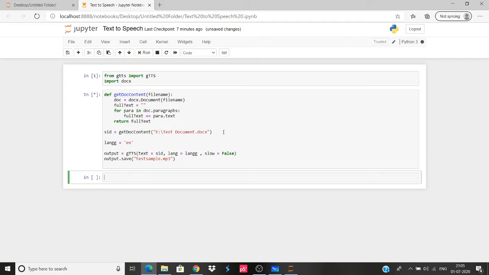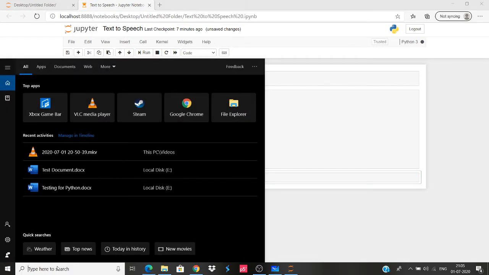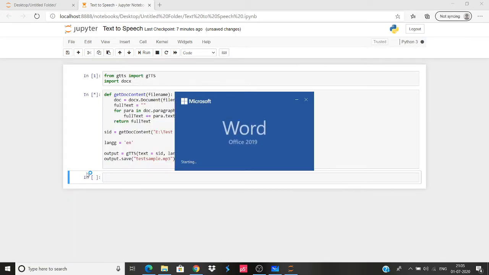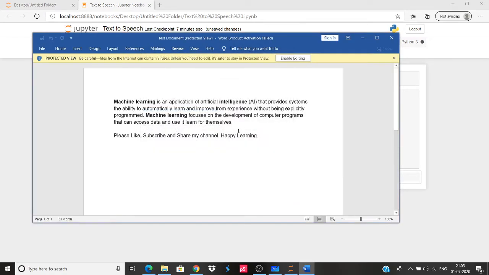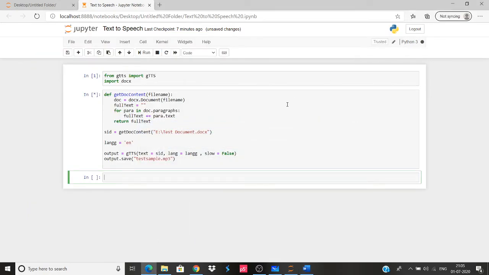So this is the whole basic context. We'll just run it. It will definitely take a little bit of time because it will have to read through the whole document and understand it. Meanwhile, while it is running in the backend, I can show you the whole test documentation so that we can relate once we have the voice playing. So this is what the test documentation looks like. But no worries, we will explore more of it. I'm sorry you guys have to keep on waiting, but we'll have to give it a little bit of time to run.